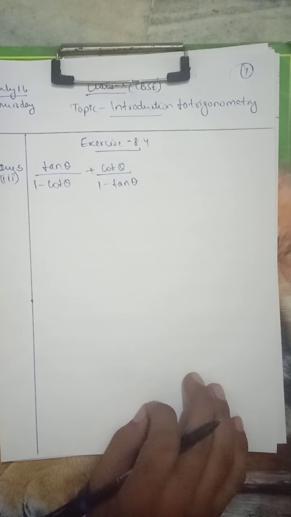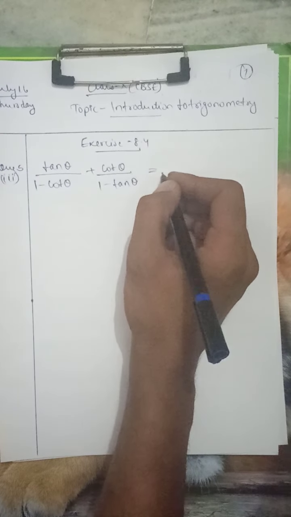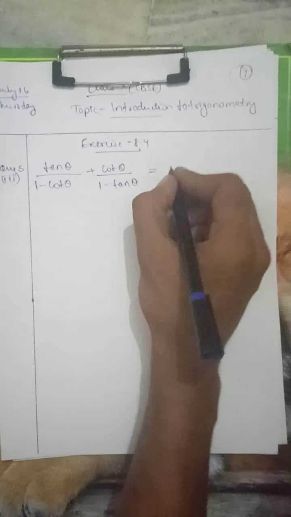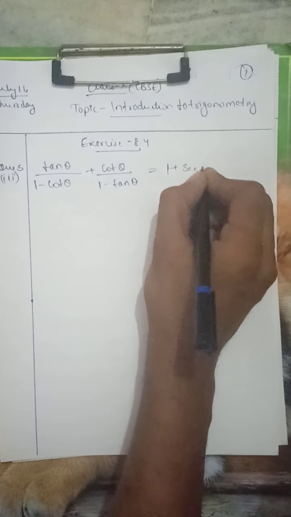Good morning, class. Today we are going to discuss the remaining questions of your exercise 8.4. We will be starting with question number 5, third part. What you have to prove: tan theta upon 1 minus cot theta plus cot theta upon 1 minus tan theta is equal to 1 plus secant theta